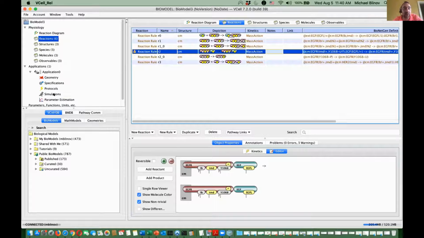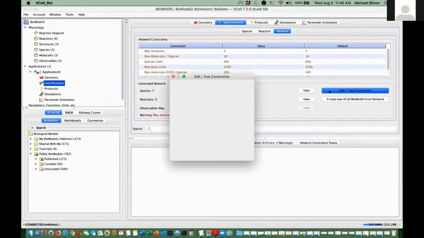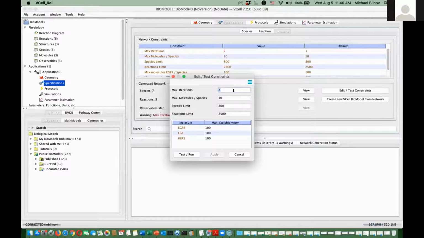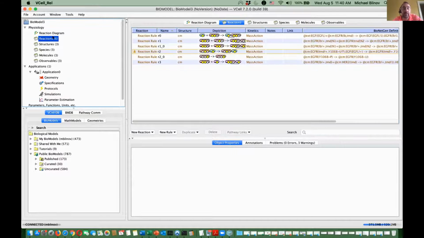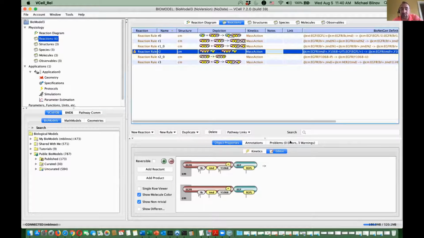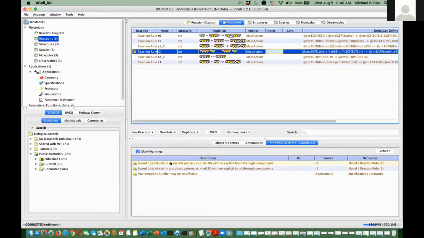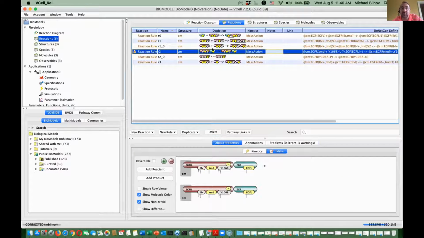So let's go to the specification. Michael? But if you go back again, there was a triangle with an exclamation mark. Yeah, this is a good point. Let's see, warning. Found disjoint unit. So this is a warning. It's not an error, but generally, if you have this kind of interaction, it may cause problems,